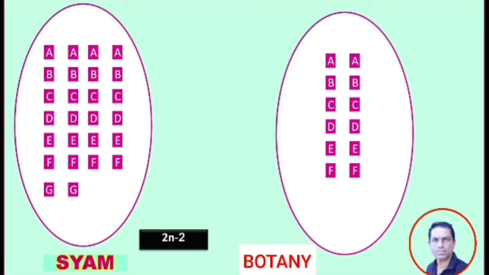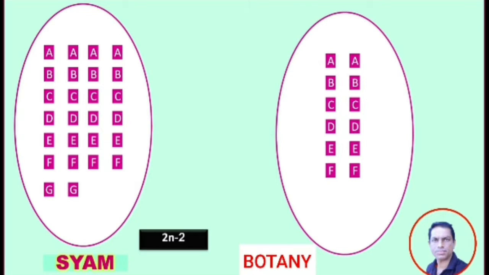Pair means 2. So when an organism loses a pair of chromosomes, it is called nullisomy. In diploid organisms,